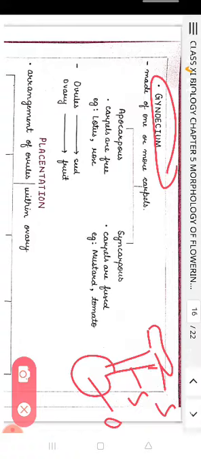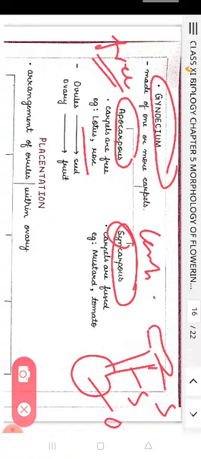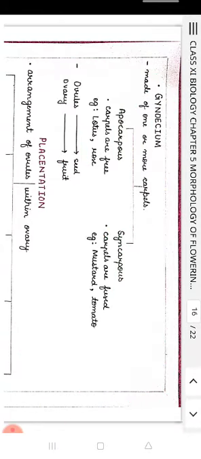According to the attachment, they are of two types, apocarpous and syncarpous. Apo means free. When all the carpels are free, they are known as the apocarpous condition. Example, lotus and rose. While in syncarpous, syn means joint or combined. Syn means joint, carpous means carpel. Ovule makes seed. Another important question: ovule converts into seed and ovary converts into fruit after fertilization.